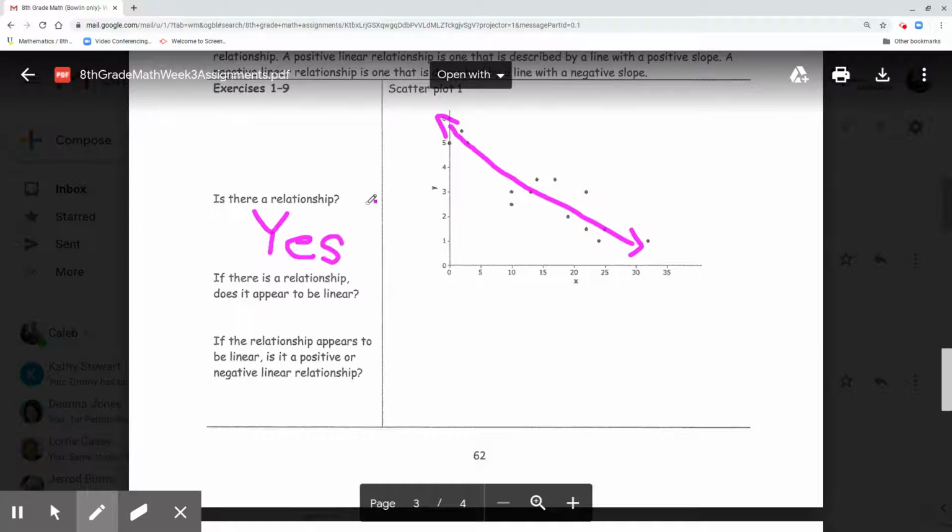Our second question says, if there is a relationship, does it appear to be linear? So since I feel like I can draw a line through them and they're all generally close to that line, I would say that yes, this is a linear